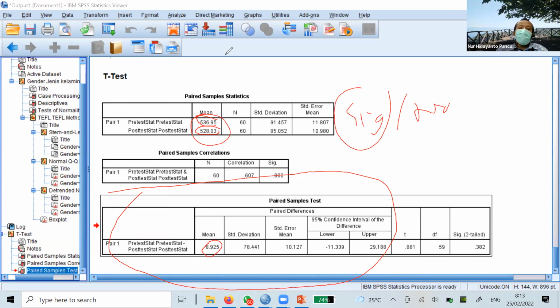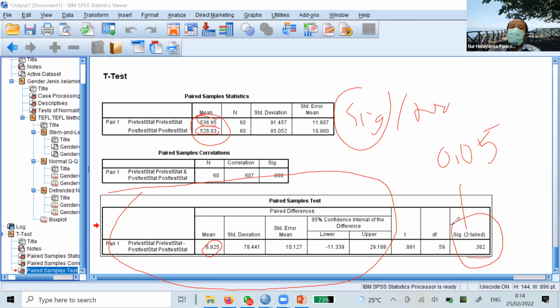Okay, how do we do that? Just have a look at the sig here. Oke, aturannya adalah seperti ini. Beda ya, kebalikan dari test of normality. Kalau test of normality, kalau sig-nya di atas 0,05, maka ini normally distributed. But in the t-test, correlation and other types of analysis, if you find that the sig